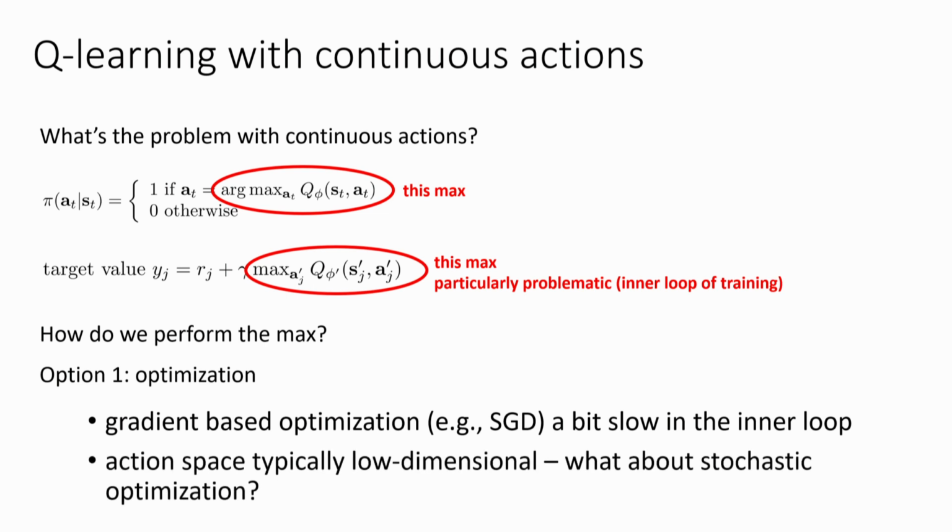So there are a few things we can exploit to make this optimization a little faster. One is that the action space is typically low dimensional. Parameter spaces for deep neural nets are typically huge. You might have millions of parameters, but action spaces are usually not that huge. You can of course imagine some tasks where you have very large action spaces, but if you're controlling a car, for example, maybe you have 4 continuous numbers that you have to output as actions. So it's not that big.